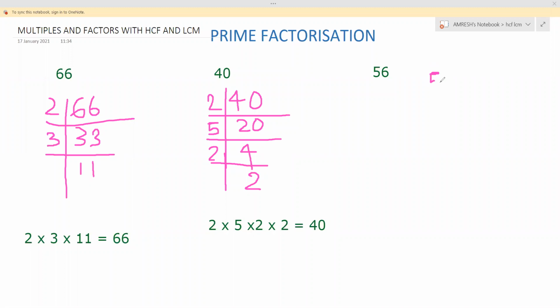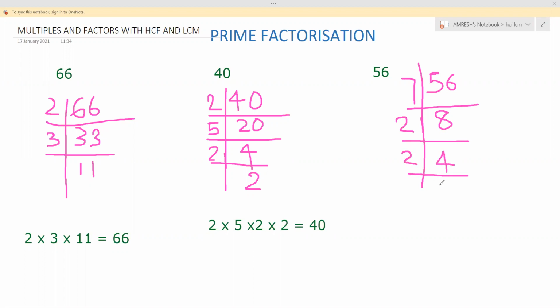56. You know 7 8s are 56 and 7 is a prime number. Try with 7. Yes, 7 you will try, it will come 8. Okay. 8 you try with 2. 4 will come. 4 you try with 2. Very interesting method. So see, first you take 7 into 2 into 2 into 2 equals how much? 56. So I hope you all have got the answer. Those who have not got it also, this is the method.